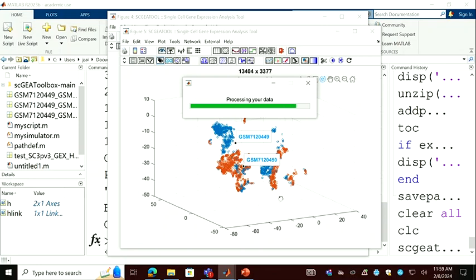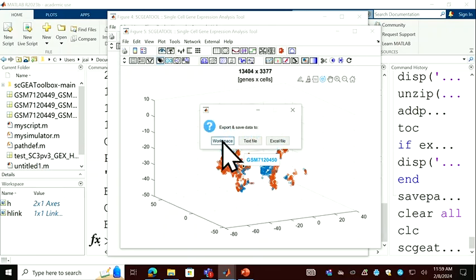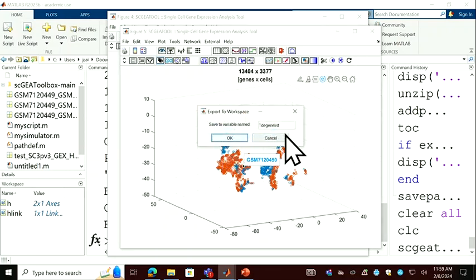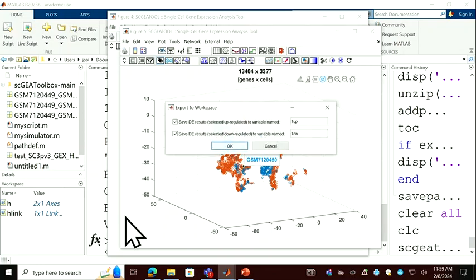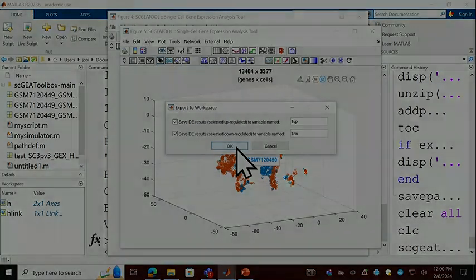At the end, you will generate a table. This table contains all the genes. So I can save this table to the workspace. If you want to save into Word, Excel, you can. So this table is called TD gene list, and it's there. So after that, the program will ask you, do you want to, from that table, extract upregulated